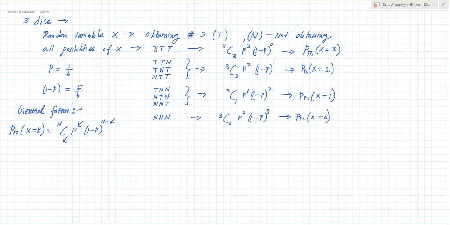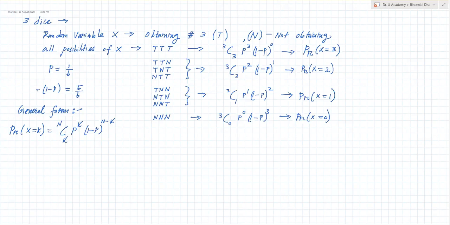Now you understand here, right? So you understand here probability of having these things, right? Probability of having 3 in one die would be 1 divided by 6 because there are 6 faces. Probability of not having would be 5 divided by 6. And you can write the not having part as 1 minus P. Why? The total probability is 1. So that's the non-occurring probability, right?